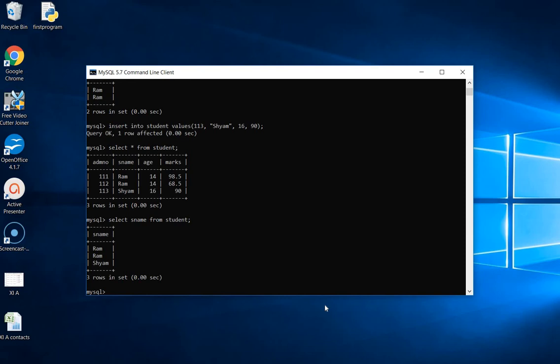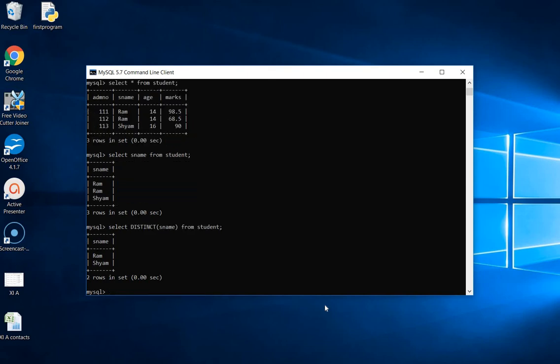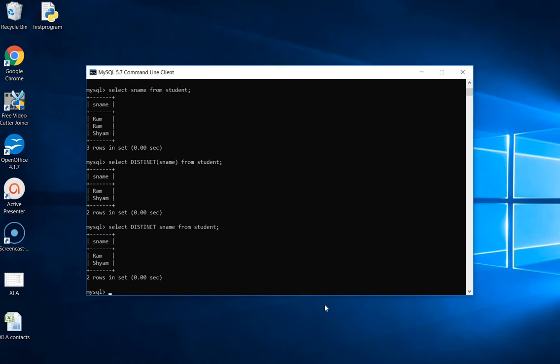Fine. At the same place, we can learn that if we do not want the repetitive value to appear in the result. You know, in the S name column there are two same values, Ram appearing twice because of two records of the same value. So in that case, if I want only the distinct values, I will mention select distinct, and in the parenthesis also I can give S name from student. So only the distinct values will appear in your output. The same query can be executed in this manner also: select distinct S name from student. Without parenthesis also it will work efficiently.